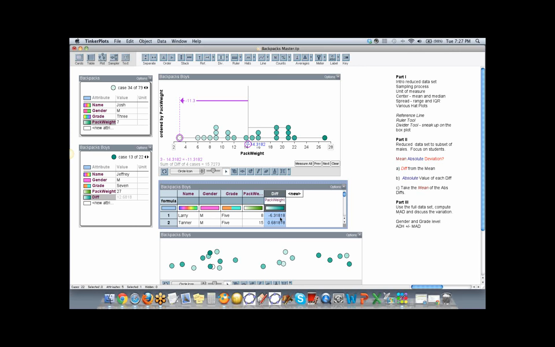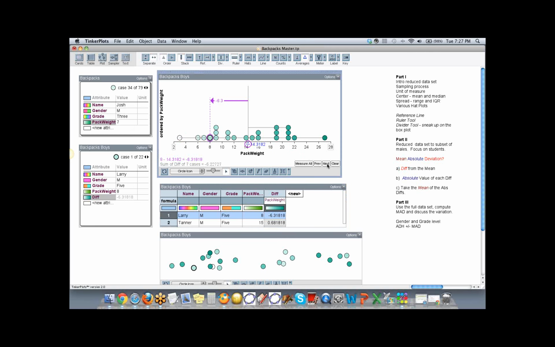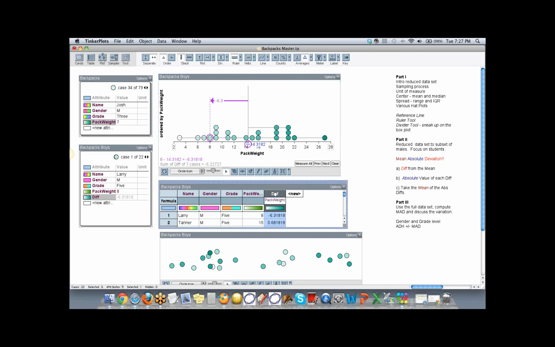So let's just make sure that this is looking good. If we find Larry, if I click on Larry, where is Larry? Larry's here. So let's go forward and see if Larry actually has a deviation of negative 6.3, and that's correct. We'll have this other plot down here. And what I want to make sure is that my students really understand that these values are important. These different deviations that we're finding, or the differences that we're finding, are very important. So I'm going to actually graph this below here.